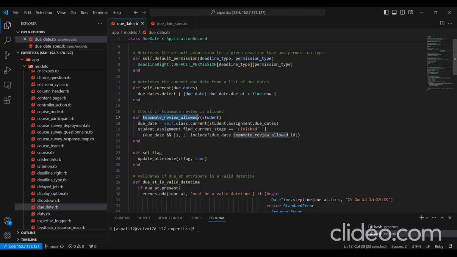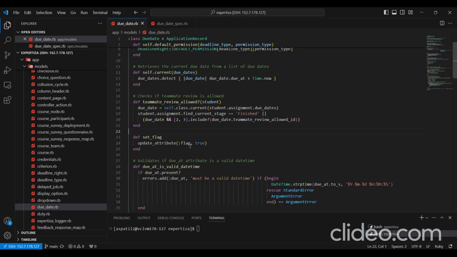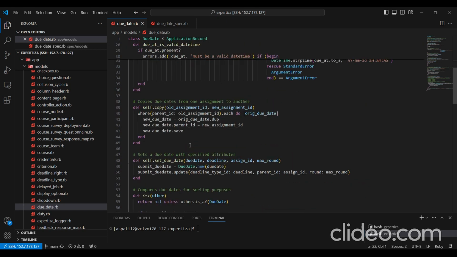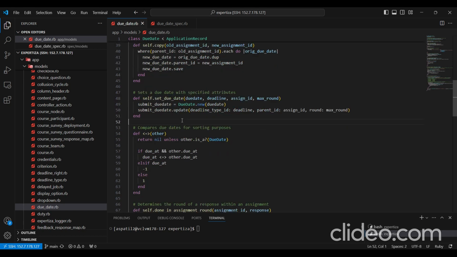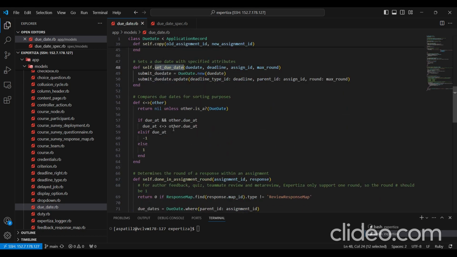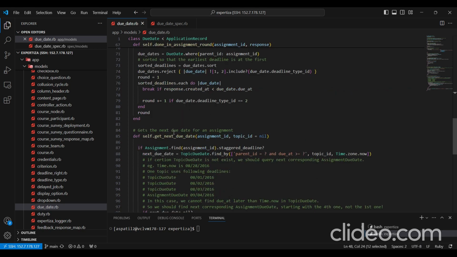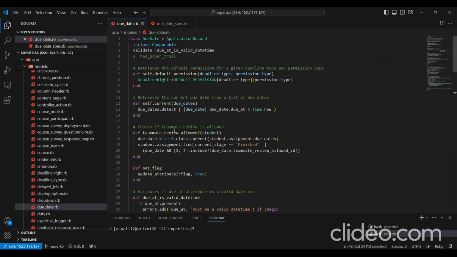For example, this teammate review allowed method did not have a question mark before, but this is more ideal because it returns a boolean, a true or false. And similarly, there were a couple of other methods like this. The names did not follow the traditional naming conventions, so we updated that as well. There were a couple others like